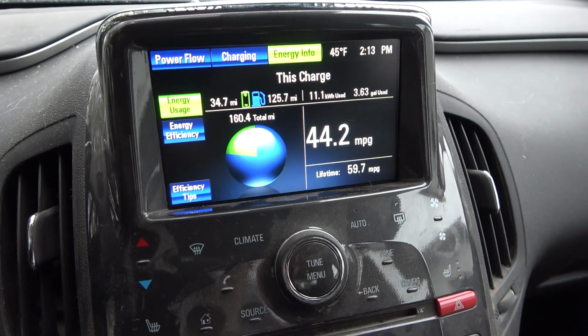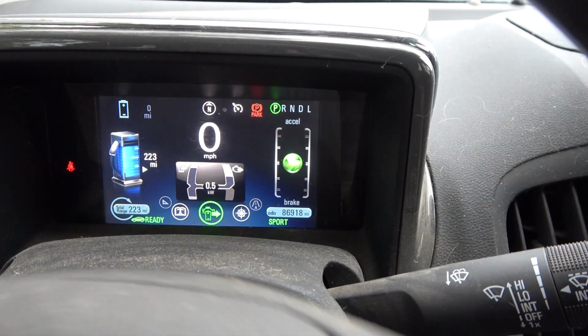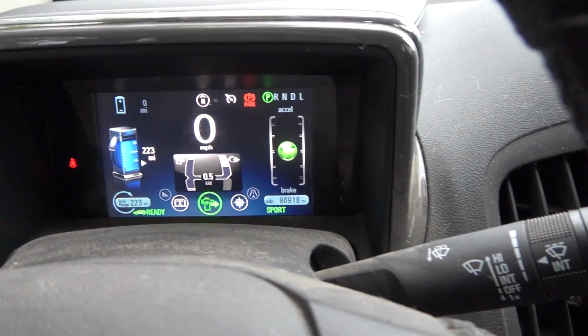Made it back, ran out of battery electricity probably about 4 or 5 miles ago. It's 160 miles total. So, yeah, just on electricity alone, we were able to go just under 35 miles. And that's in keeping, right? This is, again, why the lifetime efficiency of this Volt is less than 60 miles per gallon. This trip was only